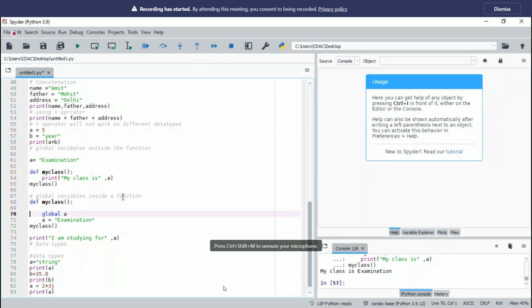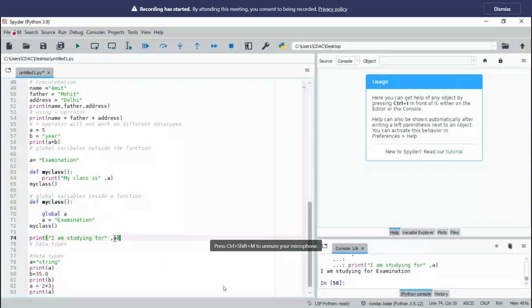Global a is a variable, and the value of that variable a equals examination, and I am calling the function my class and simply printing the value. Now you can see